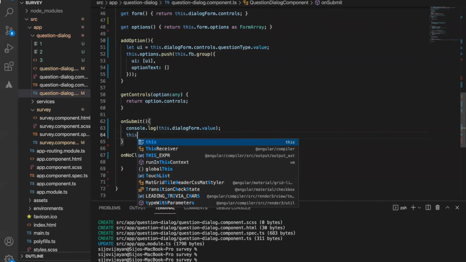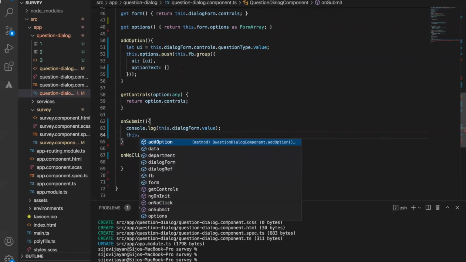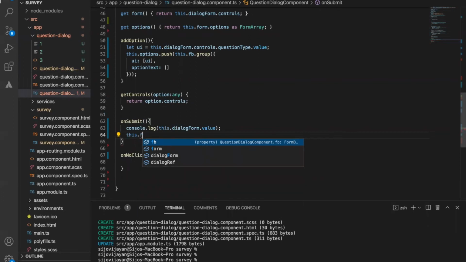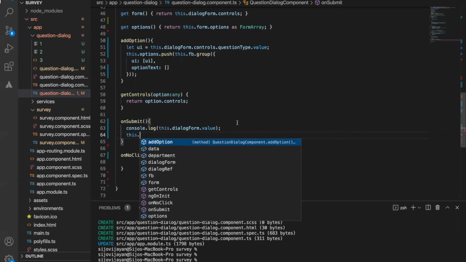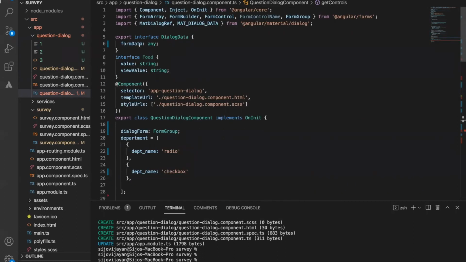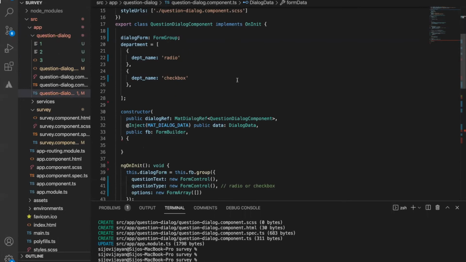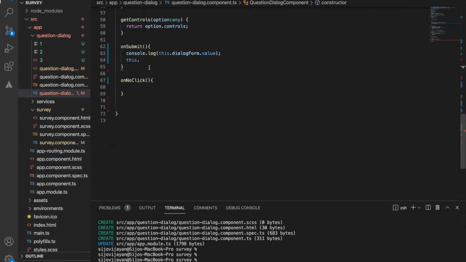And then the next thing is, let's do it like this. Hold on. Here we have the interface. This is dot data. We can use this one. This dot data dot form data. So we are getting that form data now.